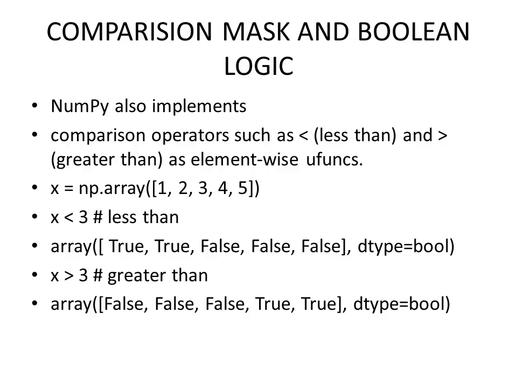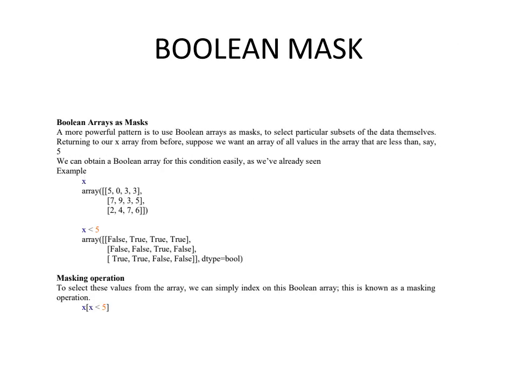So next, moving on to Boolean mask. So what is Boolean mask? Here in Boolean mask, we will be selecting a particular subset of data themselves and returning the values. Suppose we have array 5, in two-dimensional Boolean we will be giving x less than 5. So it will fetch Boolean values, false and true, and mask only the particular value which we want.